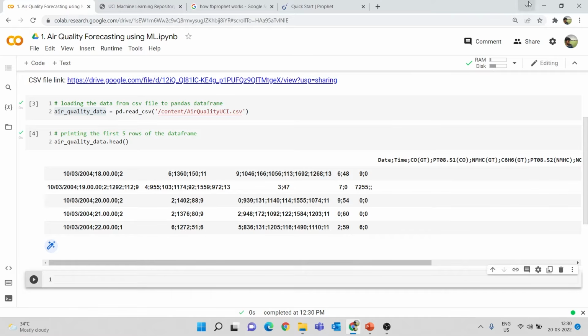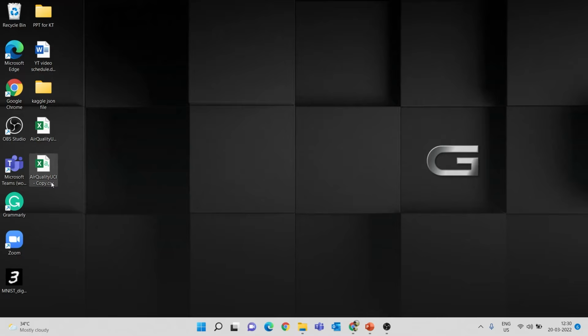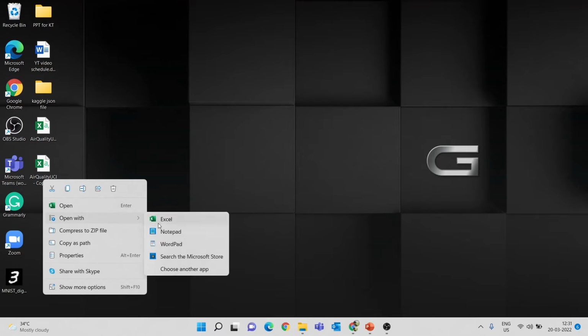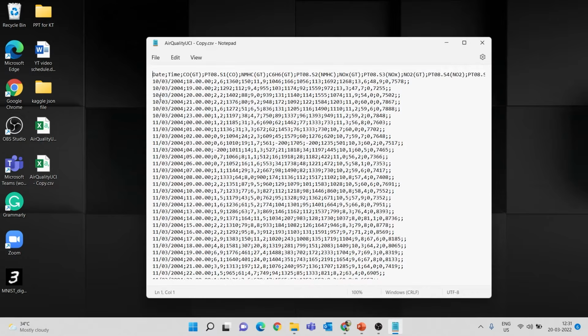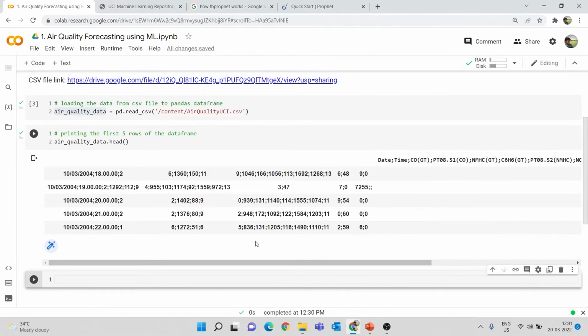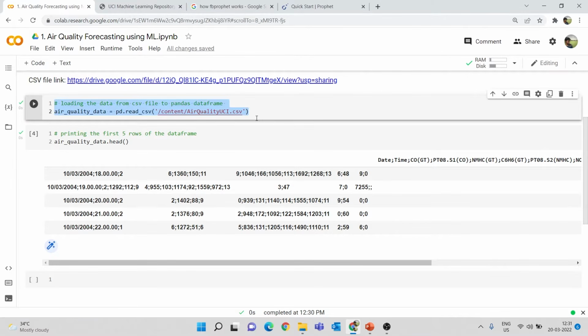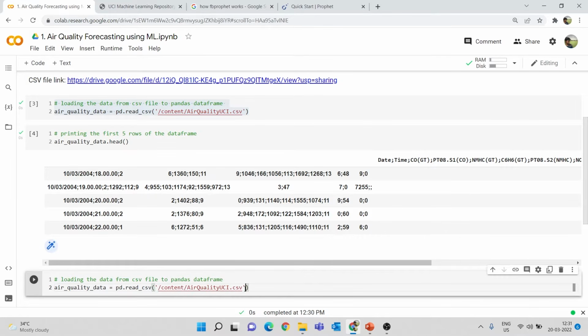The reason for this is that a CSV file usually means comma separated values, but as we have seen before, all the values in this case are separated by a semicolon. We have to tell the pandas library that it is not separated by commas, it is separated by this particular symbol. So we have to tell that to our pandas data frame, and for that I'll copy the same thing and just include another attribute here. The attribute that I'm going to include is sep equal to